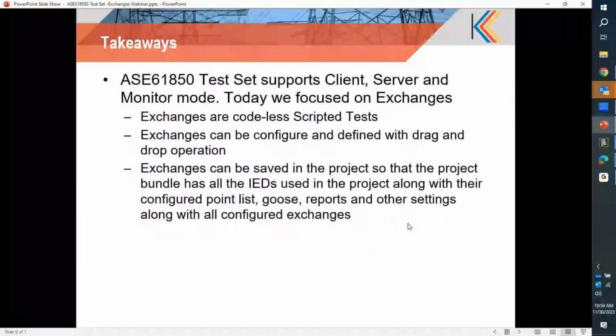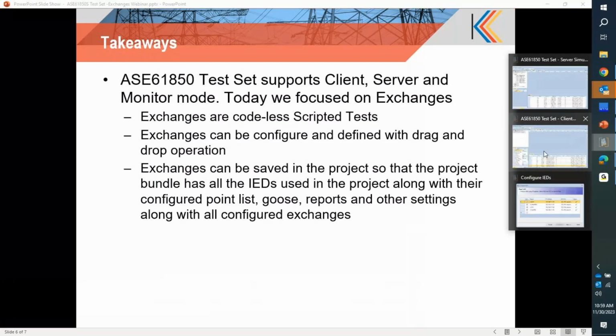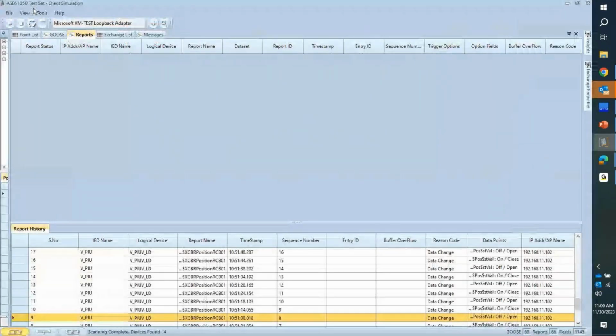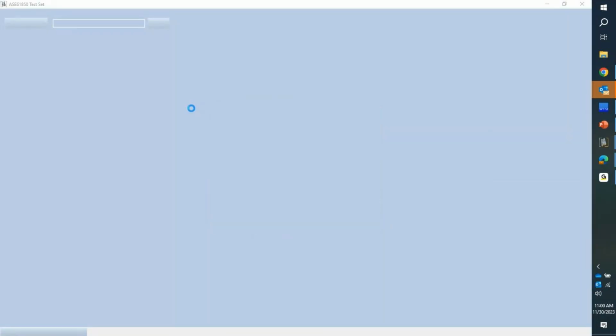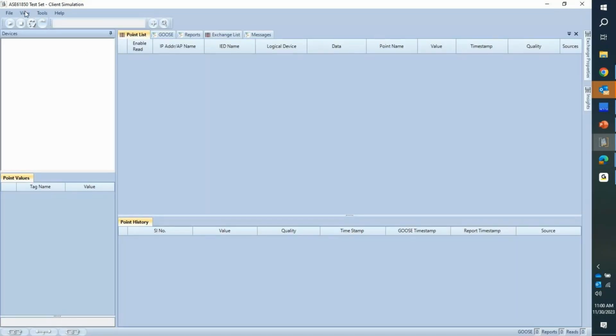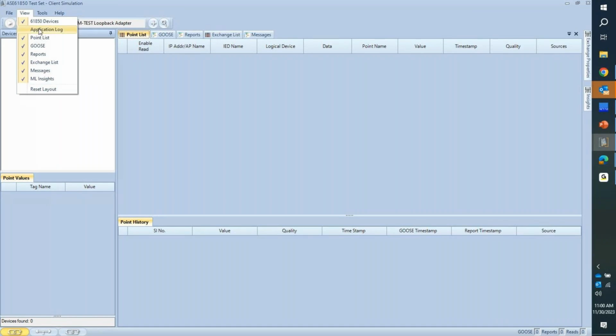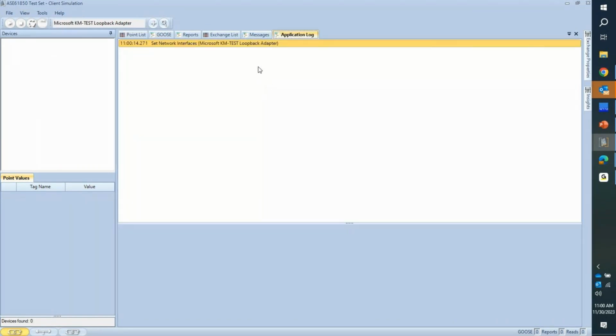The next question is, suppose we write an open or close command using the client on some PCU. Suppose there are some interlocks that are not satisfied and hence the command could not succeed. Where can we see the error feedback on the client? There is a details column available, and you will be able to see the reason for failure in that details column. Since we are focusing on exchange mode in this demo, if you go to the exchange mode, you will see the history, and under the history,